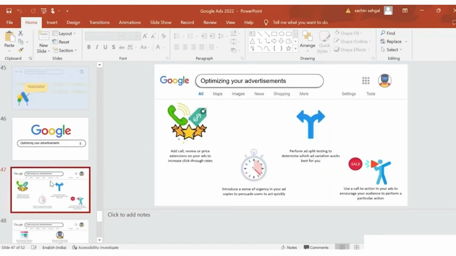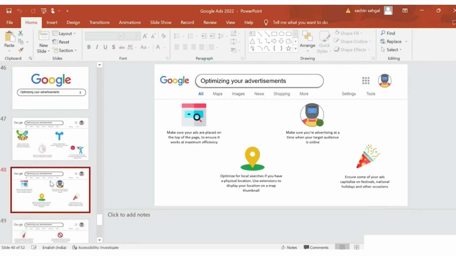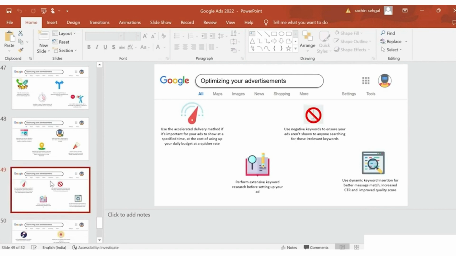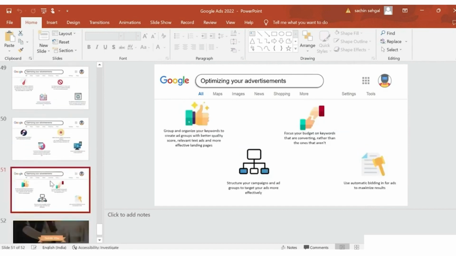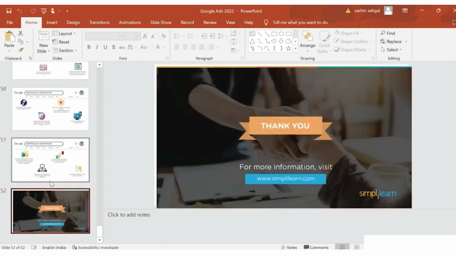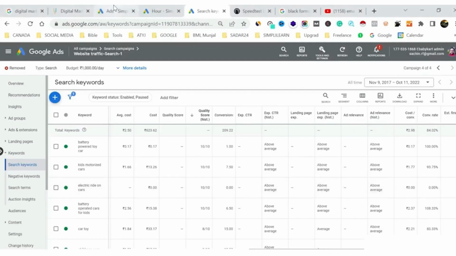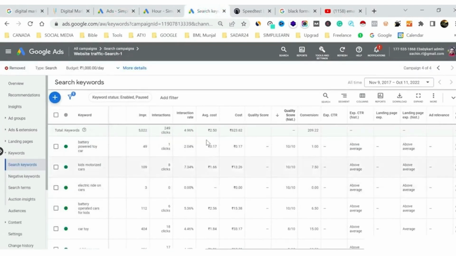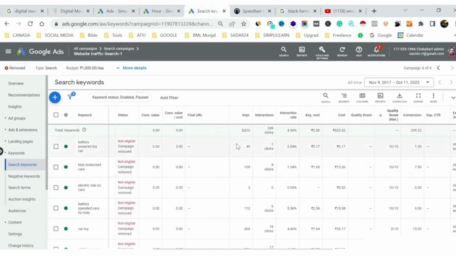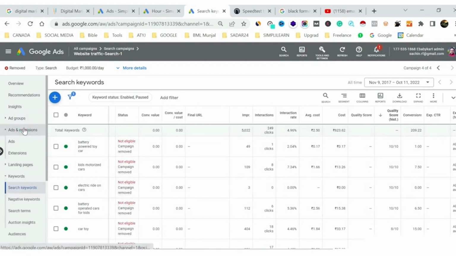Then you check, as I have already shown you, the keyword, the timing, which were the best timing you showed the ad, which were the best locations your ad has actually got results from, and then accordingly your ad can be optimized and changed. You change your budget, your bid price, your location, your timing, your headline. It all depends after your ad has been shown, and then you do the analysis, like which keyword is working better, which keyword has the best cost, which keyword is giving you a good impression to interaction rate, like CTR. Then we check the ad copy, how the ad is working.